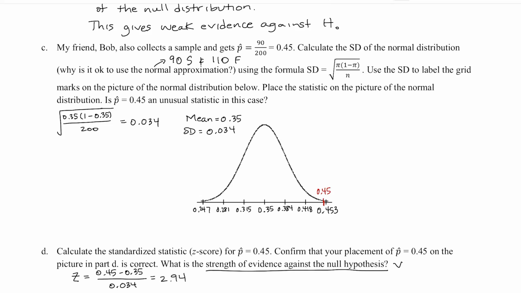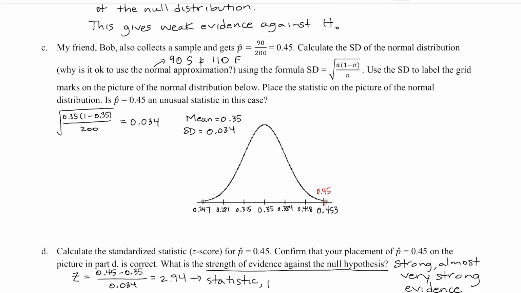That's what that means. And the strength of evidence against the null hypothesis is, well, it's technically strong, but it's almost very strong. If we had made it to 3 standard deviations, we would have very strong evidence against the null hypothesis. So just a reminder,